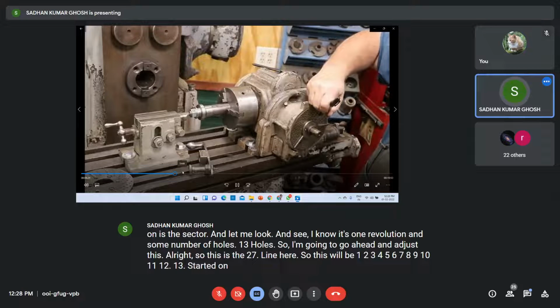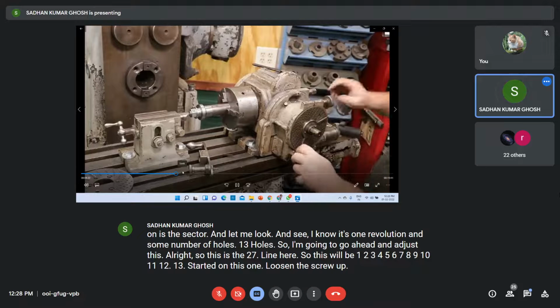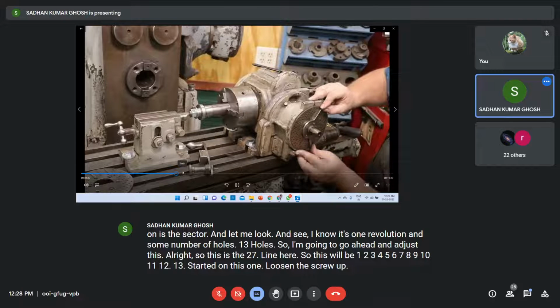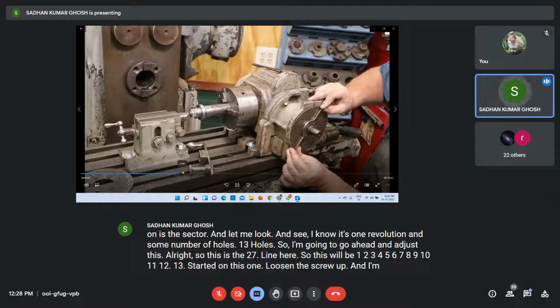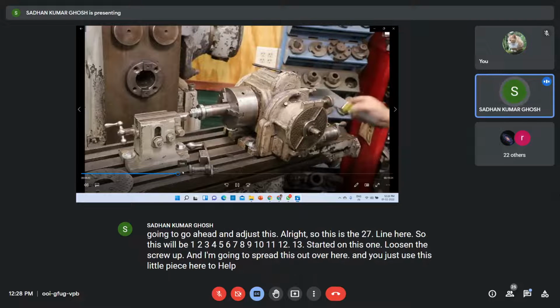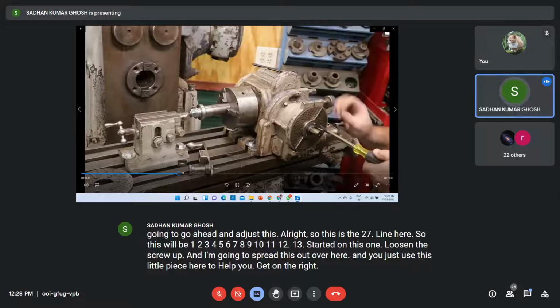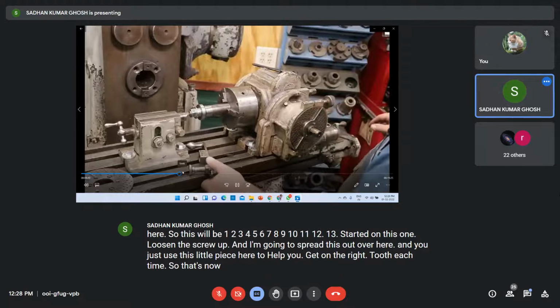Started on this one. Loosen the screw up. And I'm going to spread this out over here. You just use this little piece here to help you get on the right tooth each time. So that's now set.